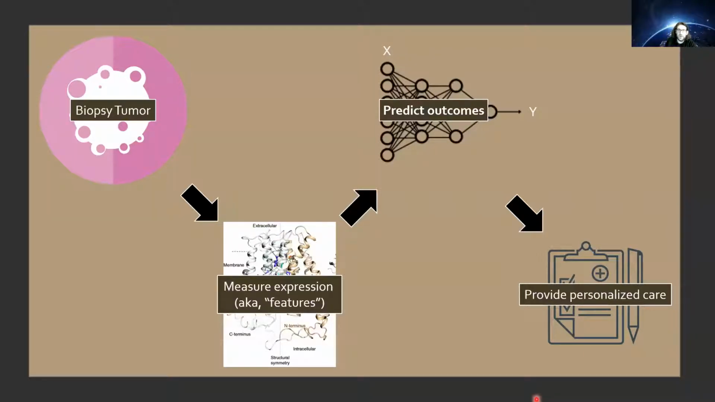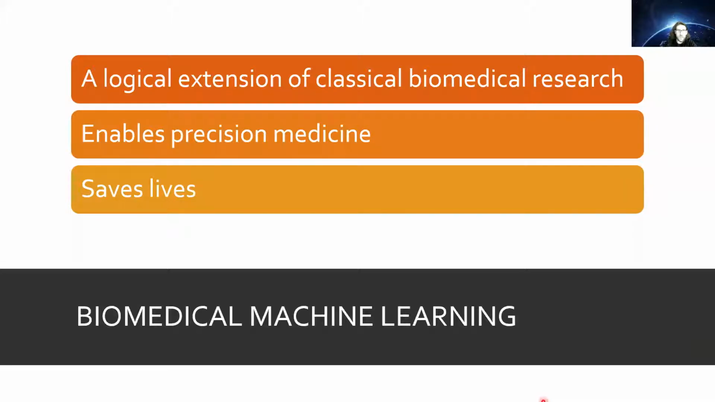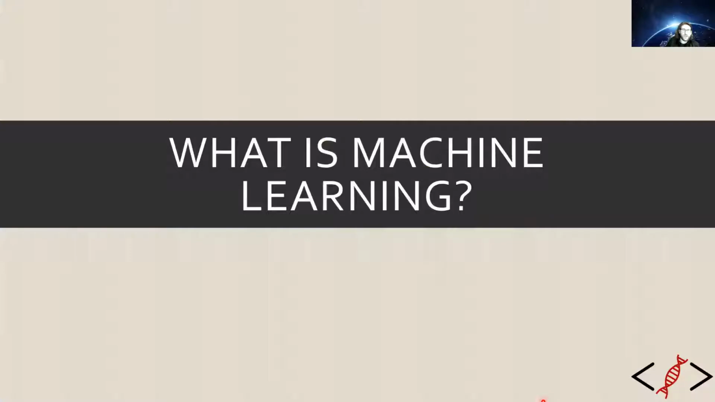And this is really the whole point of a lot of biomedical machine learning. It's a logical extension of what we're already doing as biomedical researchers in the basic sciences. It's a logical extension of that, but it goes further. It enables precision medicine and it has potential to save lives. So I hope you can see why, from my perspective, this is such a worthwhile thing for us to be pursuing. All right, so with all that being said, let's first jump in by asking the question, what actually is